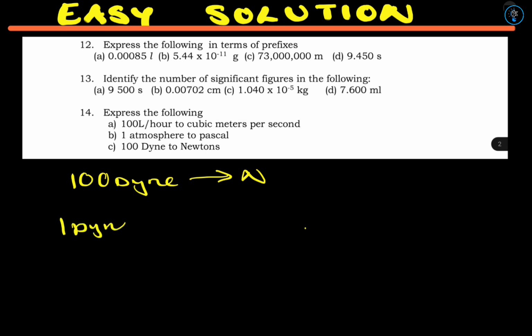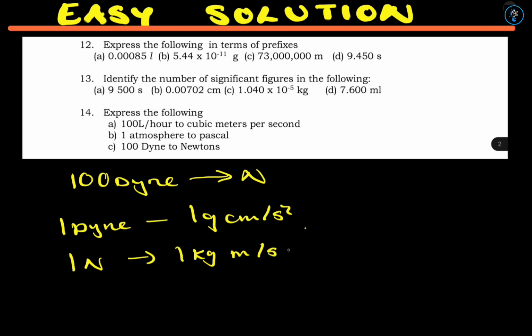1 dyne is the same as 1 gram centimeter per second squared. And a newton is the same as 1 kg meter per second squared. So now that we know these two, we can easily convert 100 dyne. So we can say 100 dyne is the same as